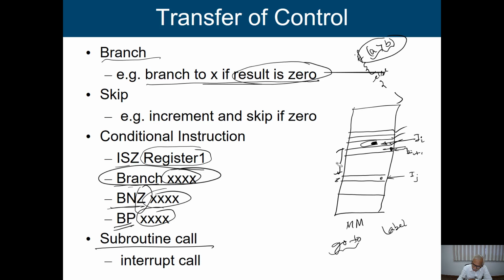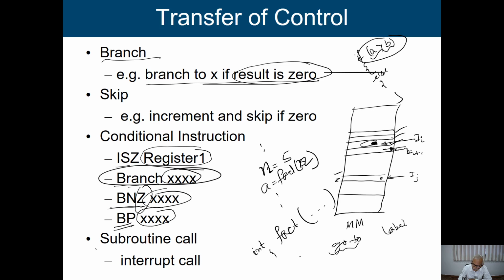In most cases, say in C, generally you write n is equal to 5, then after that you write A is equal to fact of 5, or fact of n. Okay, then what will happen? After that you write some function, integer fact, giving some parameter. So this is a function to calculate the factorial of a given number.